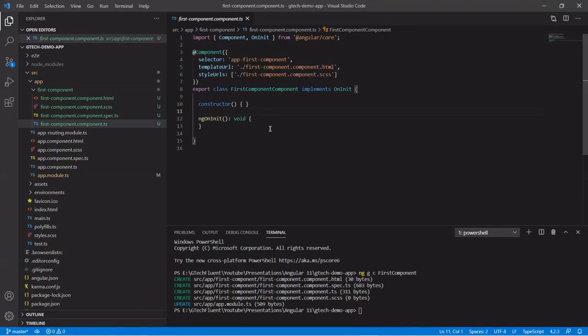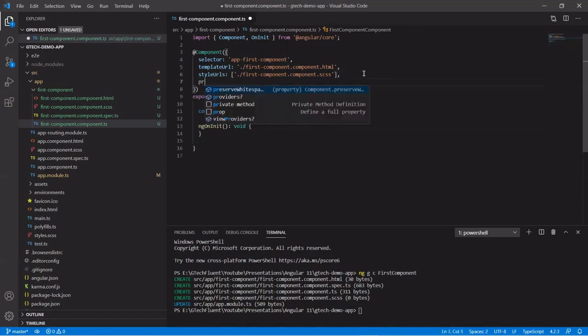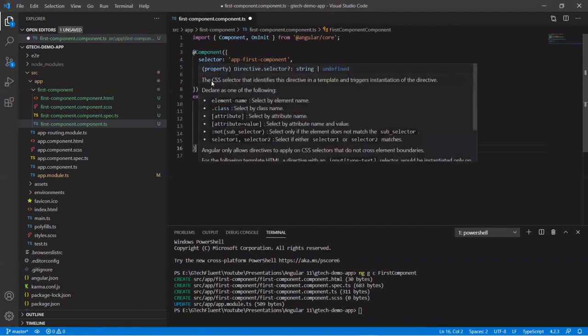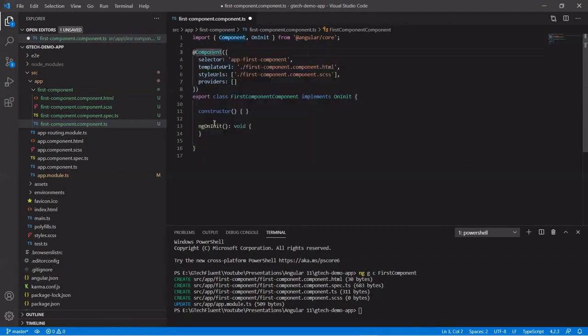The directives that the component is going to use, we need to list here. For the syntax, we need to define the providers as an array. There are other properties of the component decorator, so you can use them accordingly. These are some important properties which we mostly use while creating or declaring a component.